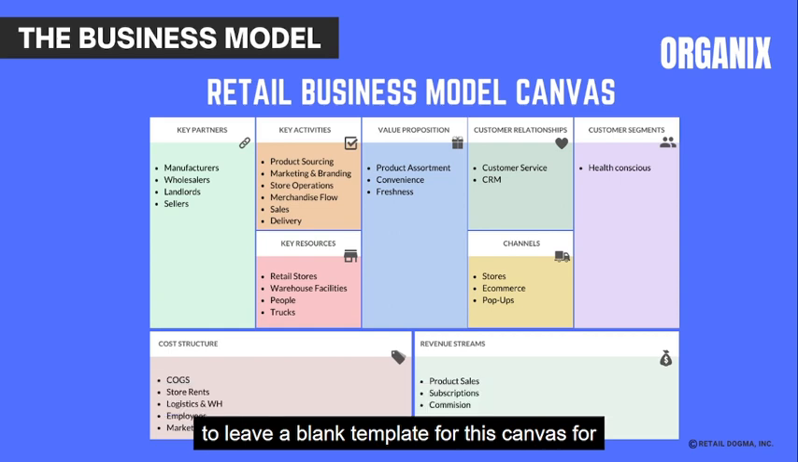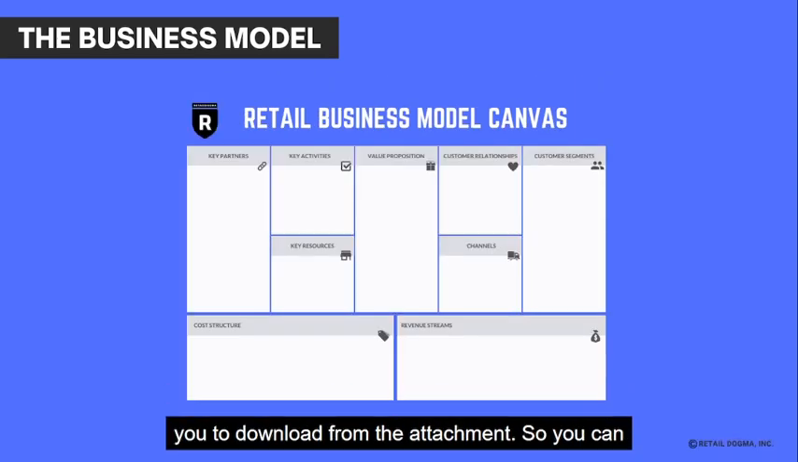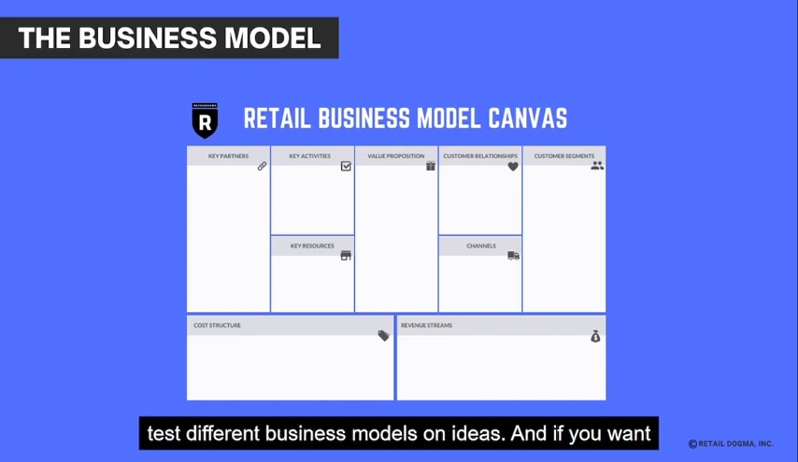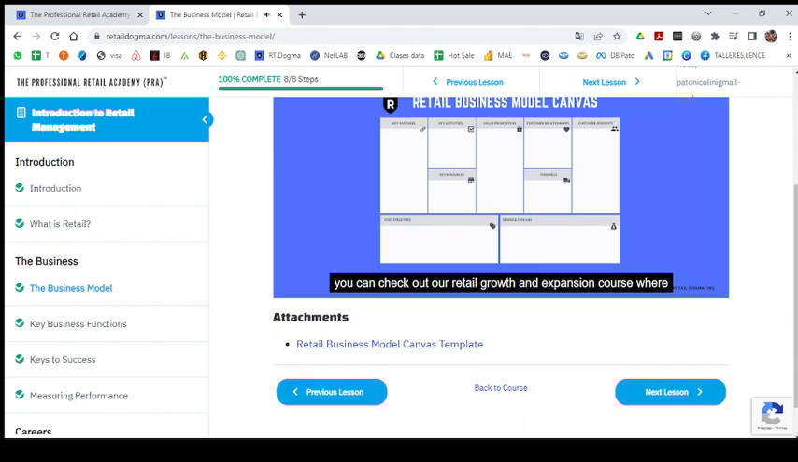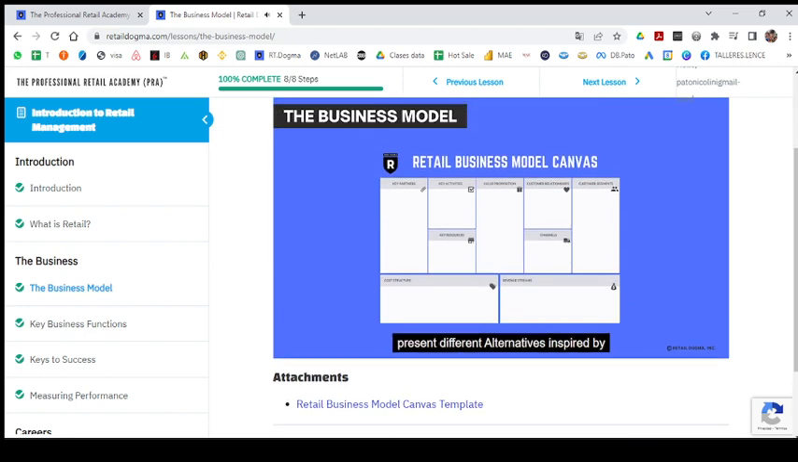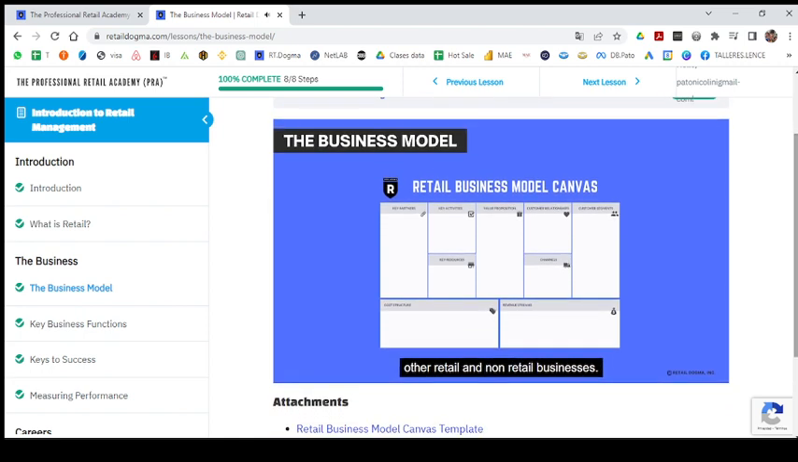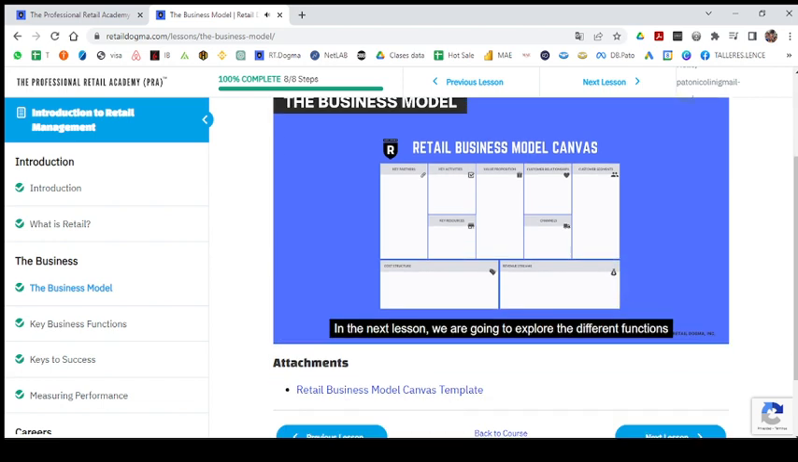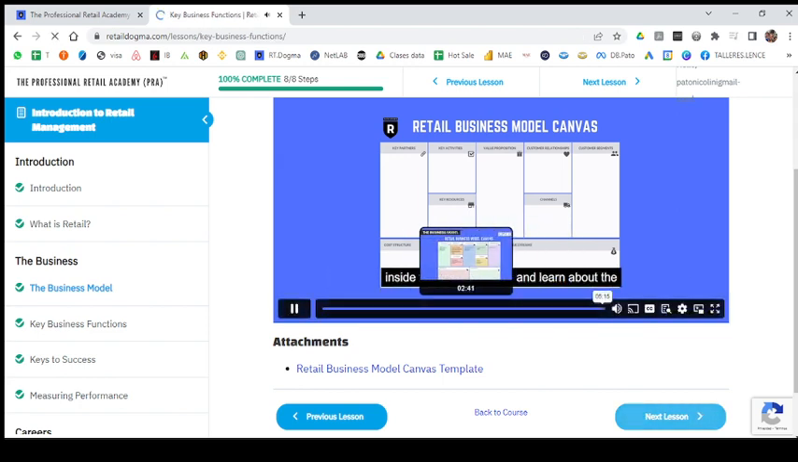I'm going to leave a blank template for this canvas for you to download from the attachment. So you can test different business models and ideas, and if you want, you can check out our Retail Growth and Expansion course, where we get deeper into business model innovation and present different alternatives inspired by other retail and non-retail businesses. So check it out. In the next lesson, we are going to explore the different functions inside the retail business and learn about